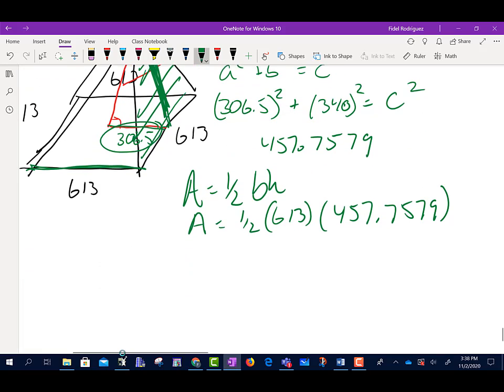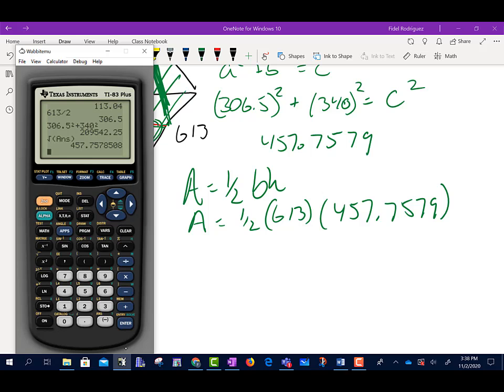I'm going to take my calculator and multiply these numbers out: 613 times 457.7579 equals. I'm going to divide that number by 2 equals, okay, so the area that I'm coming up with is